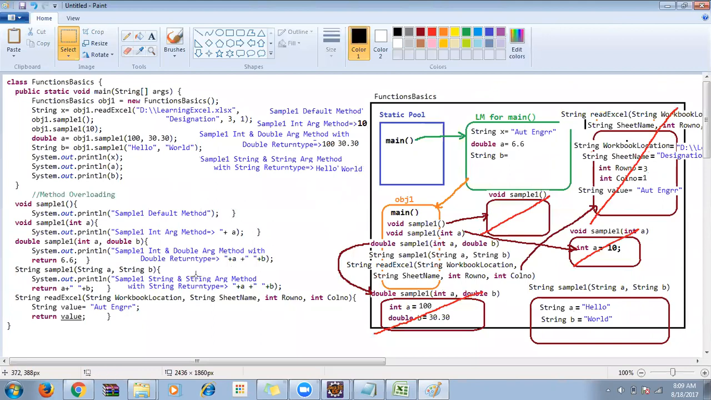That's it. Clear? Then after the return, A plus B. So what is my A value? It is hello. And then what is my B value? That is world. So A, space, world. So hello world. That will be captured where? In the B variable. So it will capture